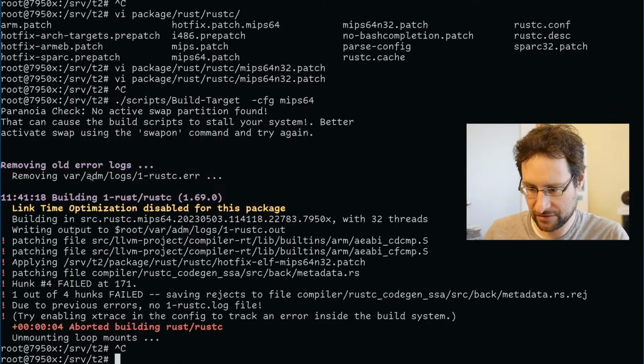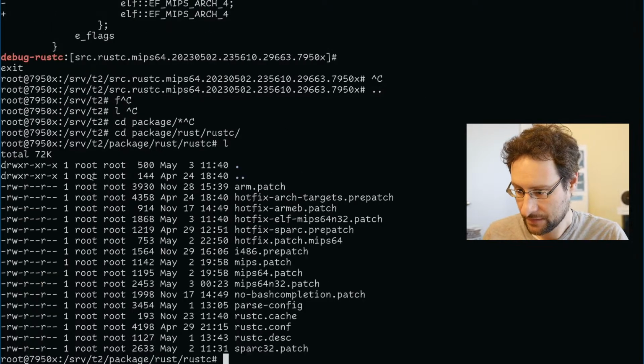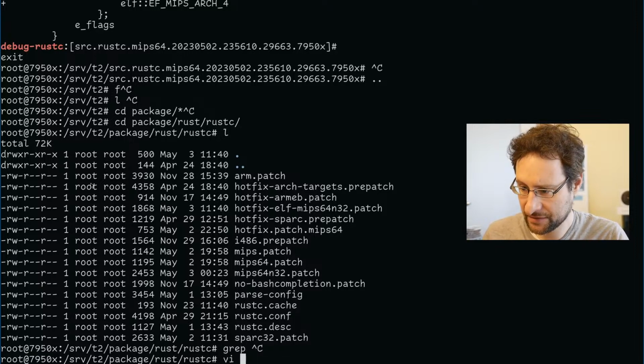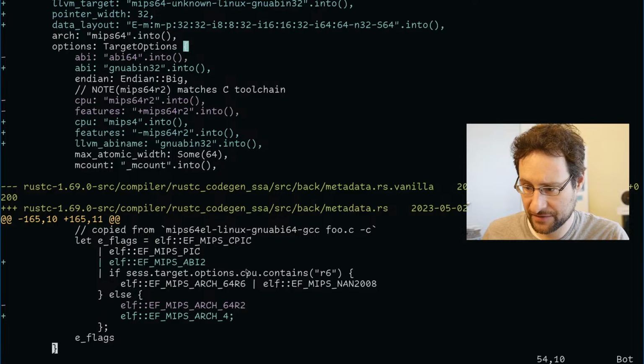Also, let's actually, oh, this also doesn't apply for some reason. It is possible that I had here already other pre-patching.